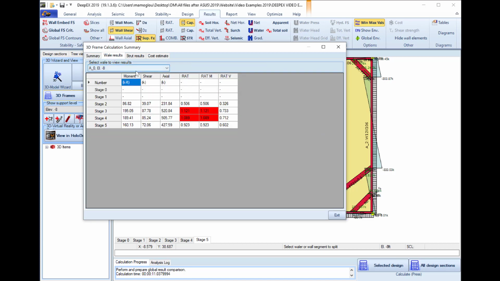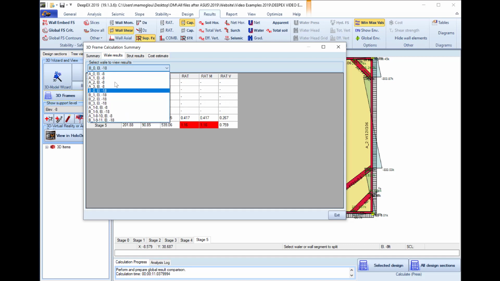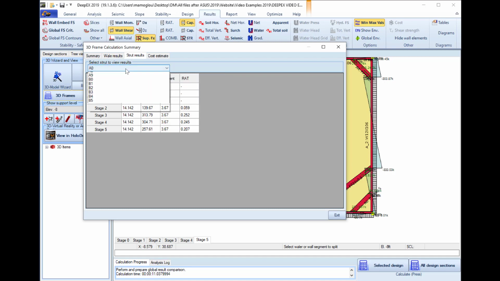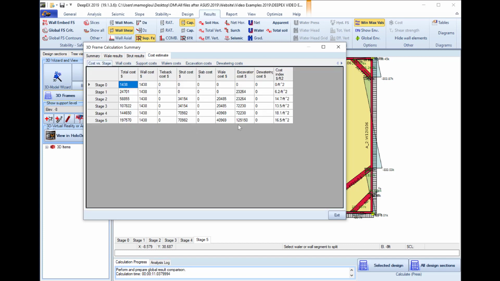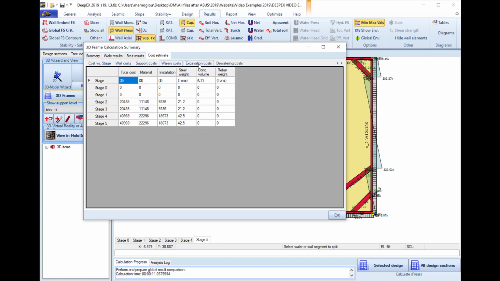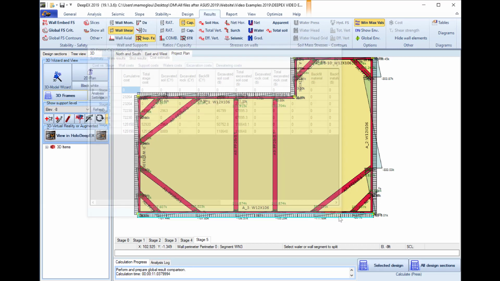I can see results per whaler per stage, so I can review all the whalers on the different bracing levels. I can see the results per strut per stage, so I can select the strut and I can see the results here, and I can see a total cost estimation for my full project. I can see project costs, wall costs, tieback costs, struts costs, and I can see the costs in detail, labor and materials. If we press to exit,